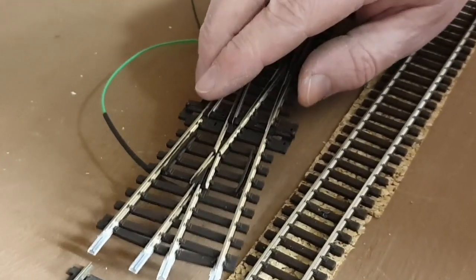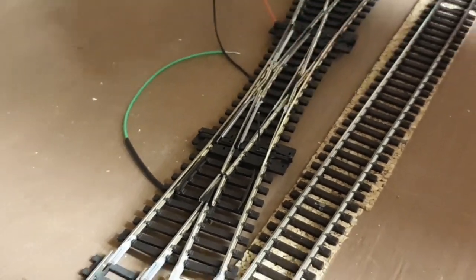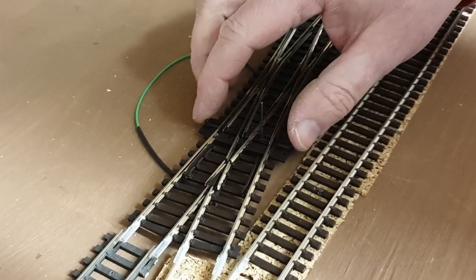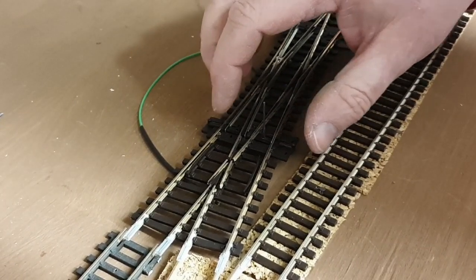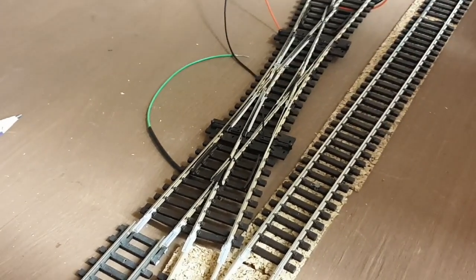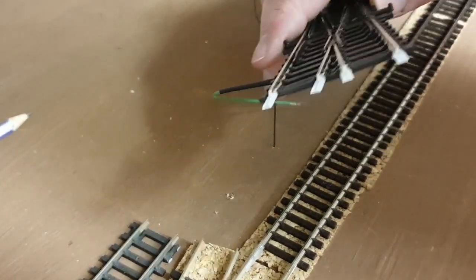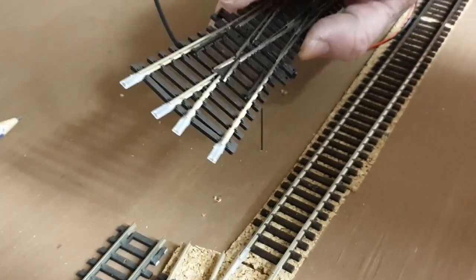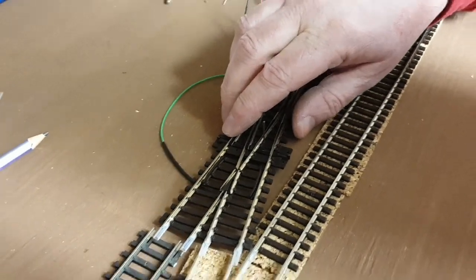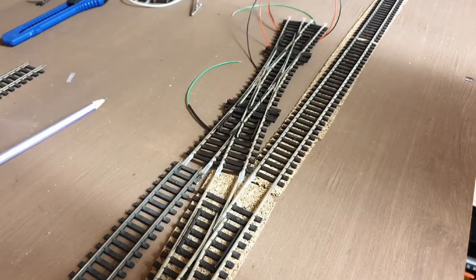slide the rod from the point motor into the tie bar of the slip, have the slip in the position that you want, and then you can see the tie bar on the slip, and you make sure your point motor is going to be in the same orientation as that, so when it throws the switch the right way. So the idea of having just that hole there, you have the pin in the center. When you put the point in, you had this in the center, so what you can do now when you have it in the right orientation is just screw it in place, so you have the screw holes already,